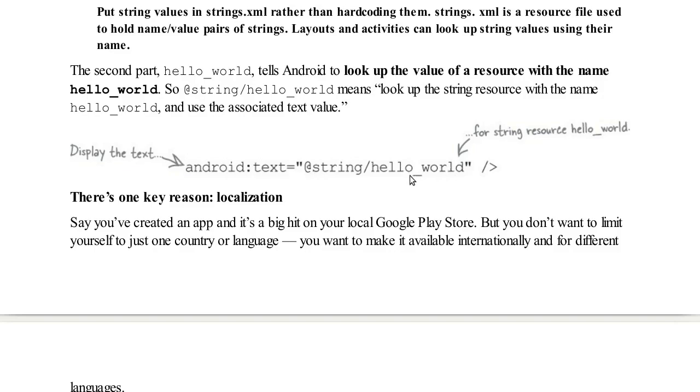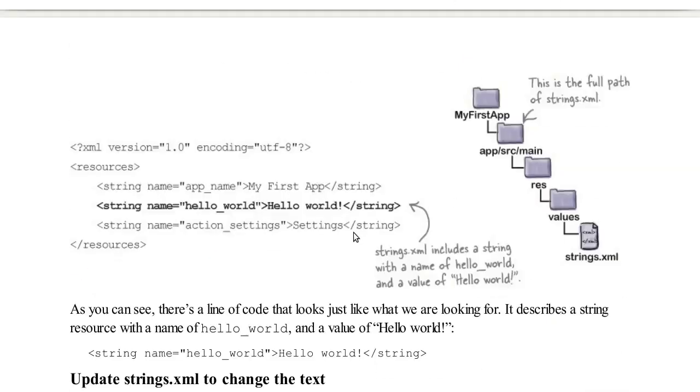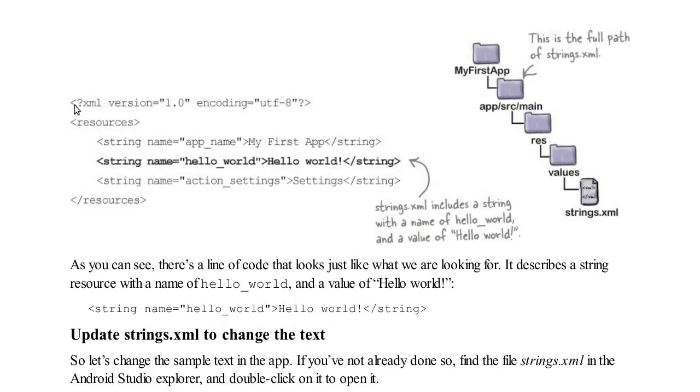Here hello_world is a key, and that is defined under the string.xml file. So that is our string.xml file. You see hello_world. The value of that key is "Hello world!". So when you run your application, you have seen that the value would be printed on the screen.